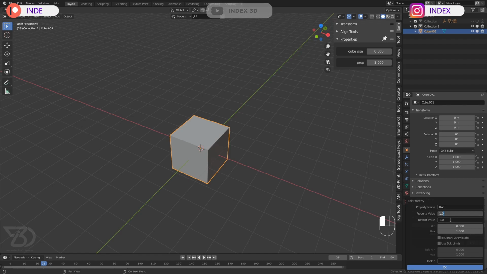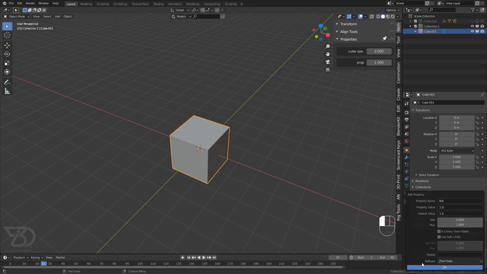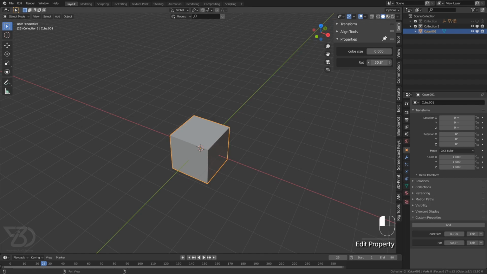As soon as you type in a comma like this, it will open up a new window, which is subtype. So now we are in plain data and we can change it to different data like that. So this is polar angle and rotation, so we can create polar angle. If you need only one, then we can leave it at one, and it will create one single rotation value like that.